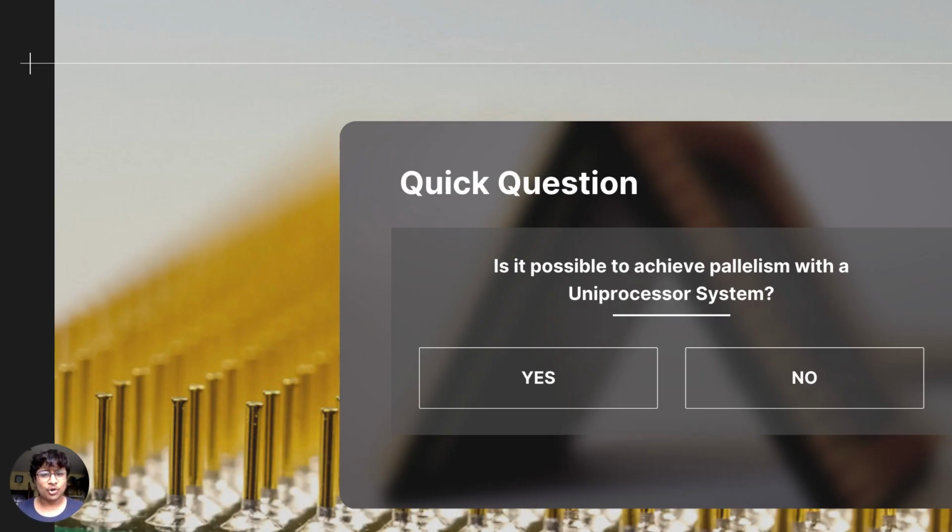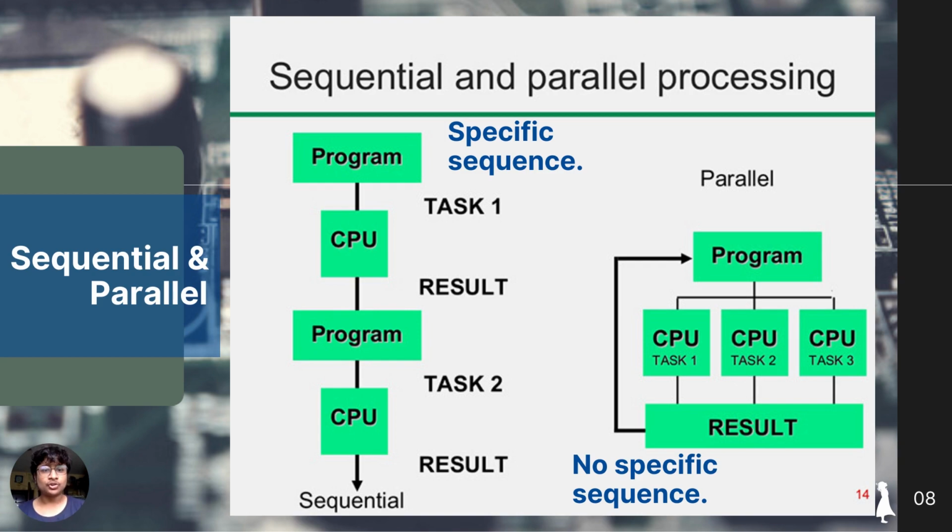Let's go next. It's a quick question. Is it possible to achieve parallelism with a uniprocessor system? Think. Yeah, so the answer is yes, we can. So let's go ahead. Now, talking about sequential and parallel processing, we already have talked a little